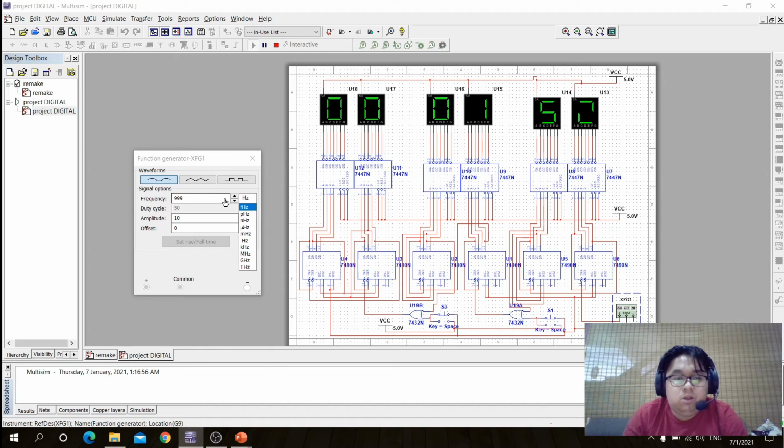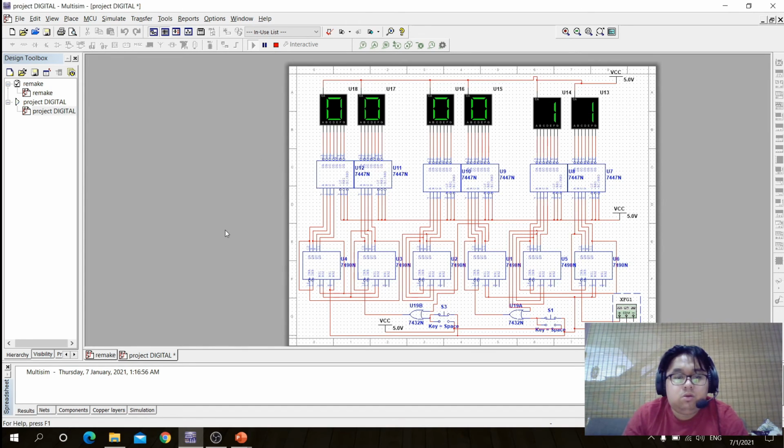But we want to make it a normal 24 hours or 12 hours. It's equal to 1 minute equal to 60 seconds. So that means we have to use 1 hertz to make it slow back, equal to 60 seconds, and then it will change to 1, and so on. So that's all for